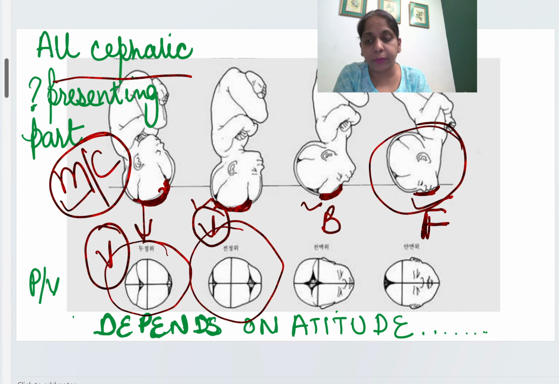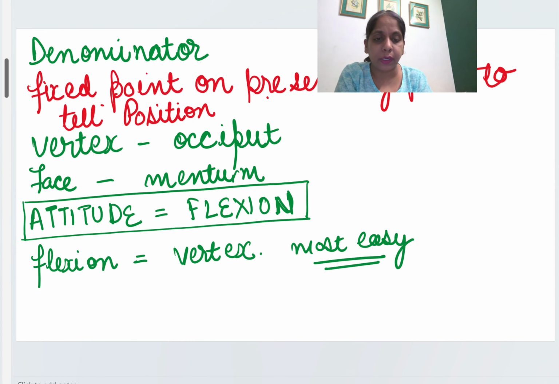Now what is denominator? The next slide is on denominator. The denominator is any fixed point on the presenting part which can be easily felt and easily indicated. Now we know what the presenting part is. The presenting part is the part of the presentation which you are feeling on PV, and any fixed point on that presenting part we will make a denominator,